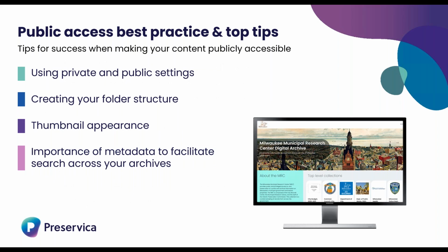Yeah, absolutely. So most of this he covered, so I'll just go over things really quickly. The public and private settings give you that control over who can and cannot access your assets. So be sure to utilize them where applicable and follow those instructions to make sure that if they are public, as he was showing in there, that users can actually find them in your portal. It's really important. Folder structure is also very important, which I'm sure you all know. Just make sure to follow those best practices in terms of naming and structuring those collections so that users can